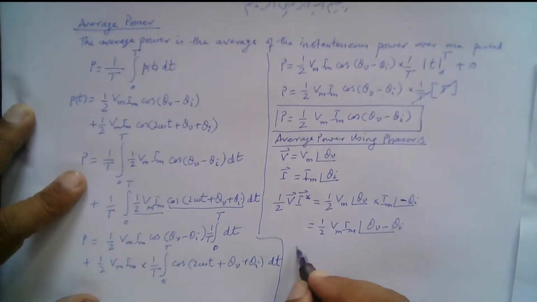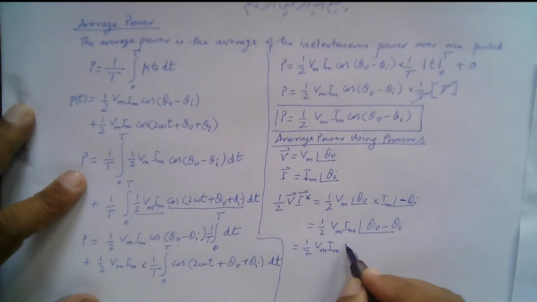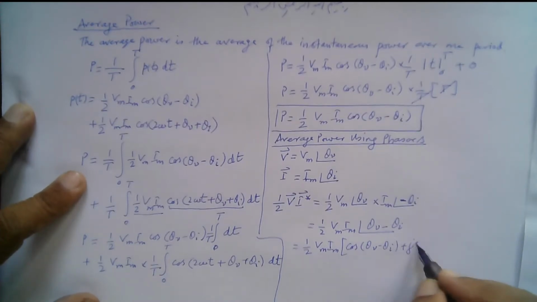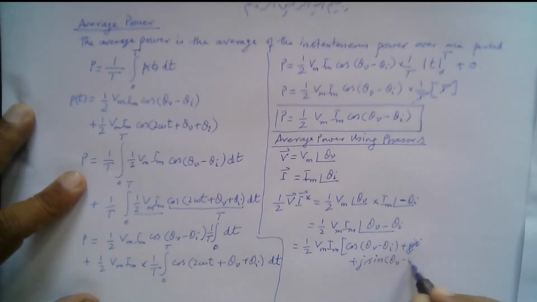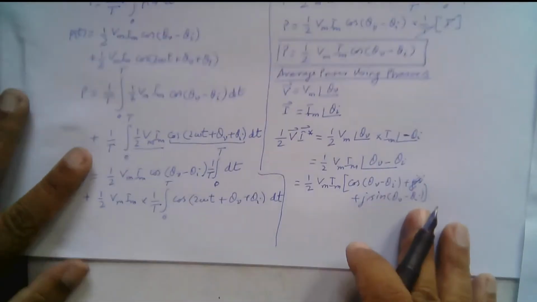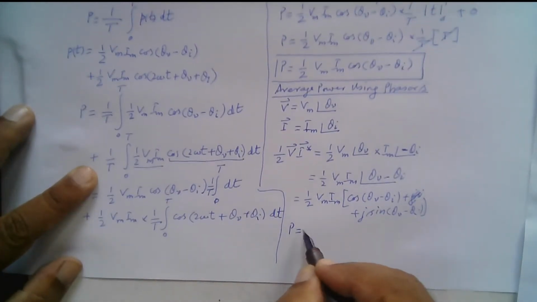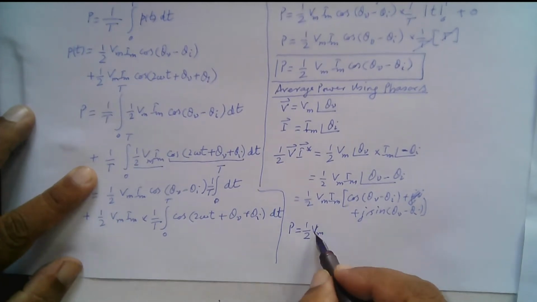And if we open it, it will come out to be 1 by 2 Vm Im, and this is cos of theta v minus theta I plus j sine of theta v minus theta I. So you see the real part gives us the average power. So we can write the average power is equal to 1 by 2 the real part